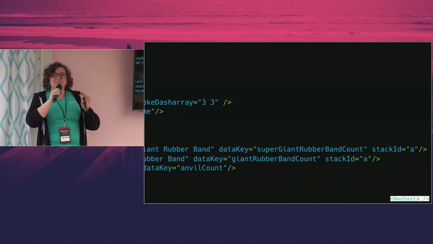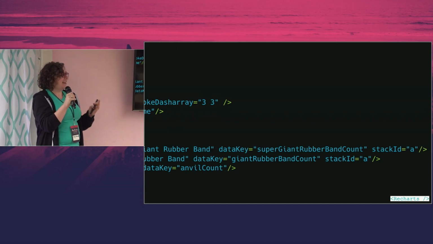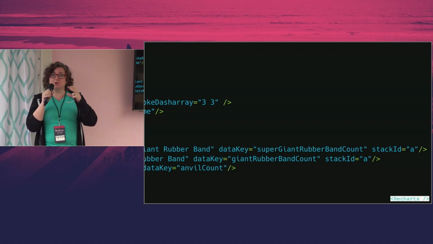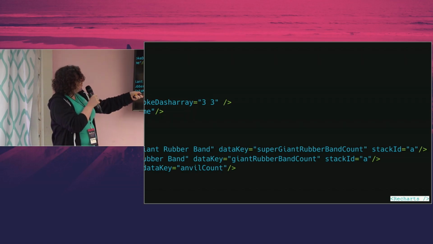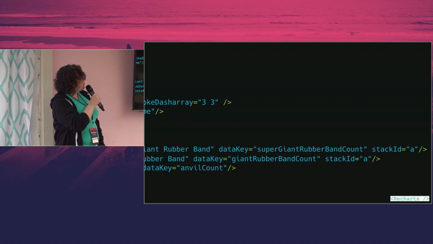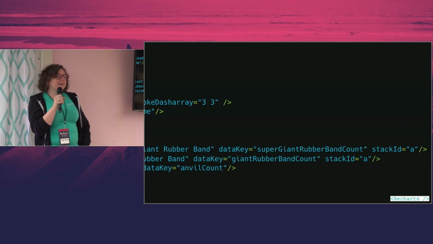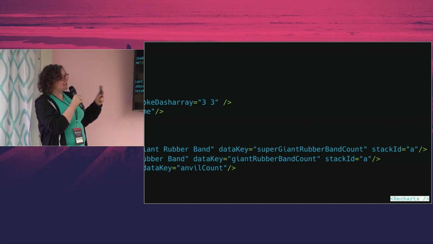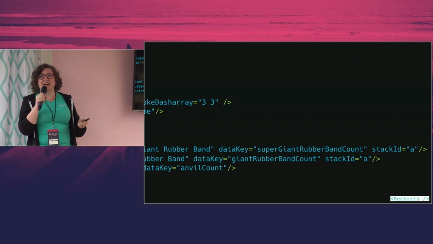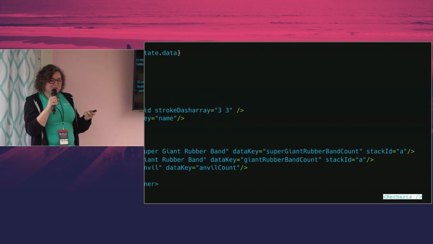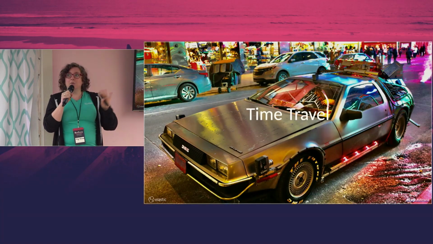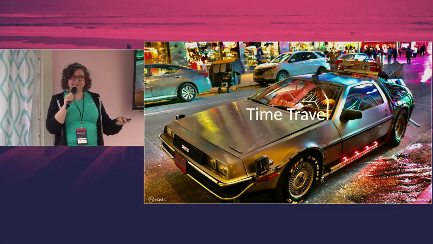Whenever I speak to people about stacking things one on top of the other, they just think it's about saving space. But the reality is it's actually quite a nice tool for showing relationships or related things. So here what I've done is I've got two different categories of rubber band. You know, Wile E. Coyote's gone a bit nuts buying all the rubber bands, but it's really useful to be able to compare against other products that are not related, such as anvils, if you group them together. So it's definitely worth not thinking about it as a one or the other kind of thing.